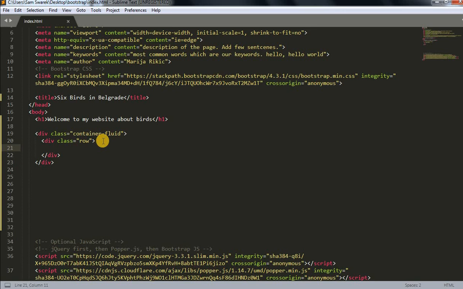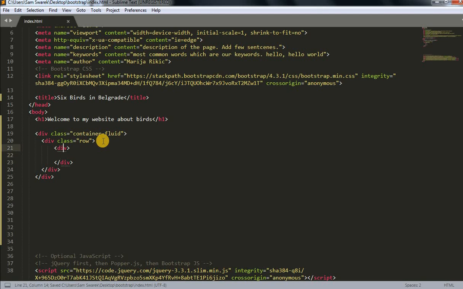So we're going to create another div. We're going to say div class col-md-4. md stands for desktop. You can use either XS, which is for phones, SM for tablets, MD, like I said, for desktop, or LG for larger desktops. I'm using MD,